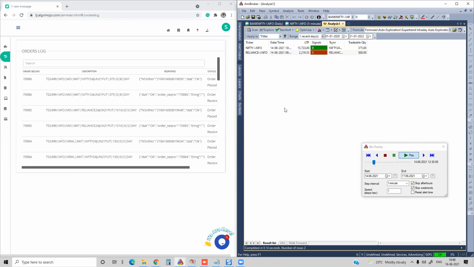Live, if you want to test, you can always set the lot size to 0 in the Excel sheet. Go to the Excel sheet, set the lot size to 0. Live, you can send the order. You can see that Lupin. The moment the signal happened, the very next second, it is here.